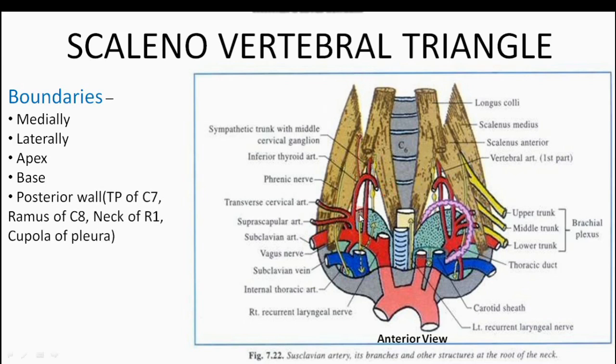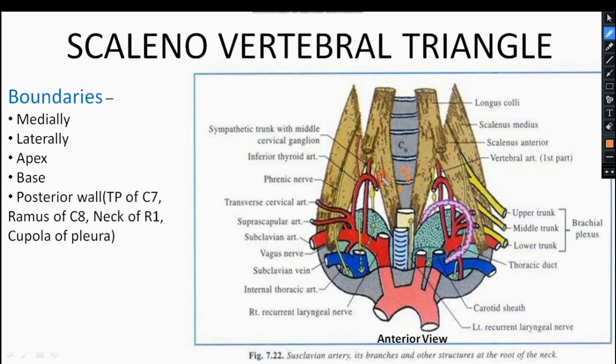Now this triangular structure here, on its posterior wall. So posterior to this triangular structure, the wall is formed by the transverse process, moving from superior to inferior. Clear? Moving from superior to inferior. So first is the transverse process of, let me draw here, this is C7, here is C7. So the posterior wall, moving from superior to inferior.